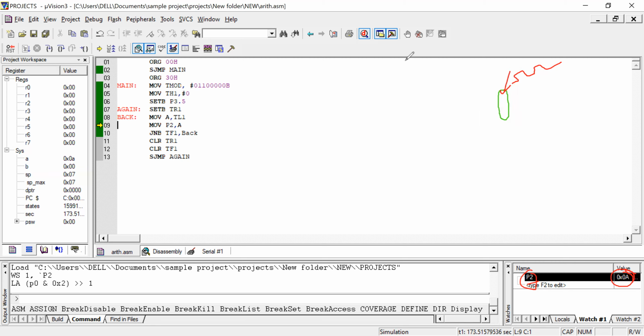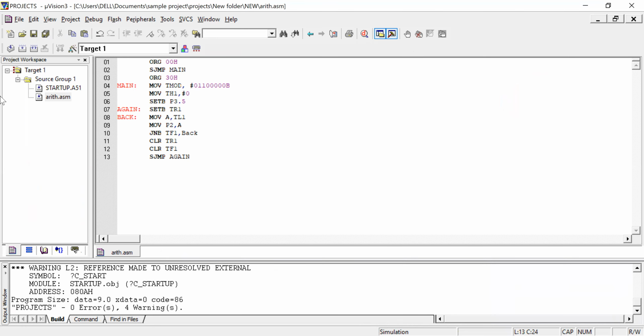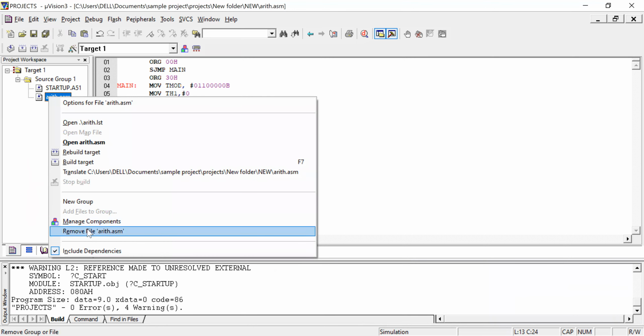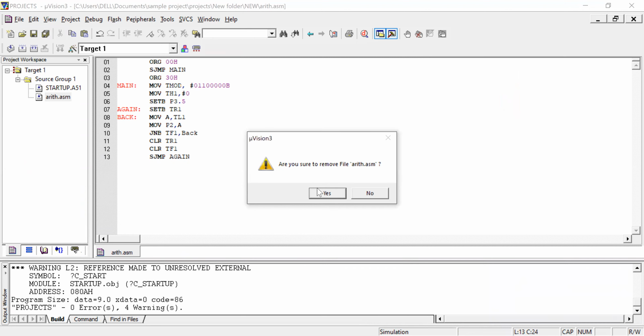So that's it. The same program we will discuss in C also. I will take the program now. Here it is in assembly. What I can do is just remove this: right click, remove this file.